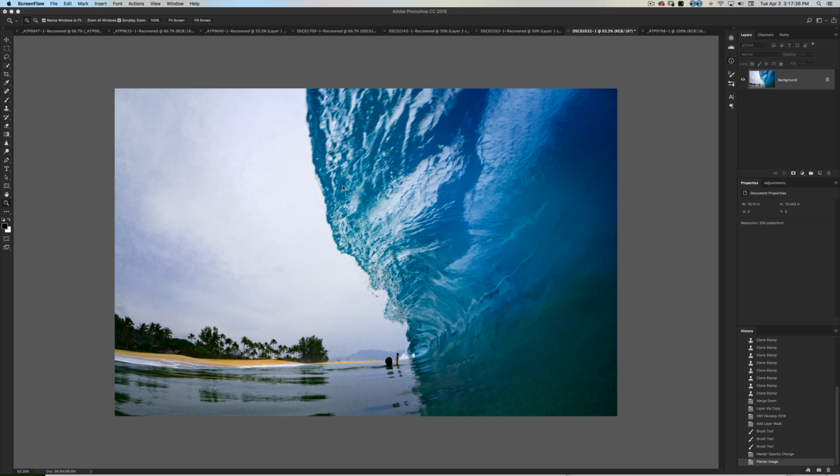I'm going to show you again how to remove someone in a photo or an object. In this case we're working with a wave image with a lot of people who are shooting in Hawaii. They have people in their way or in the wave and they'd rather not have them as the focus. So I feel like we can't get enough of this, so I'm going to show you a couple options on